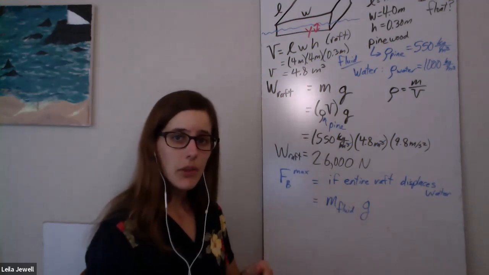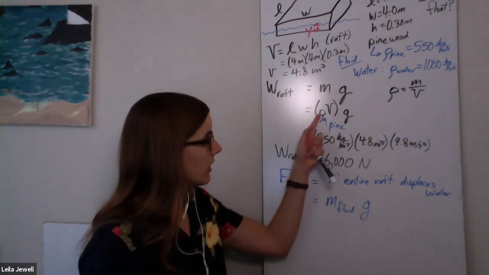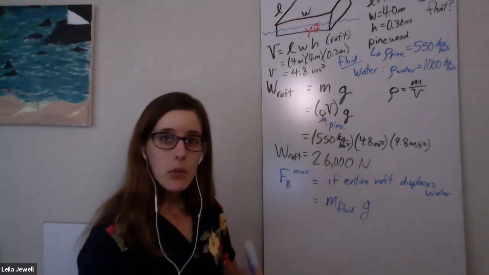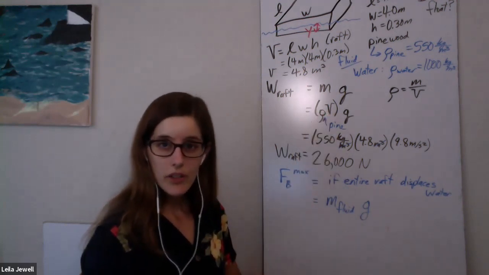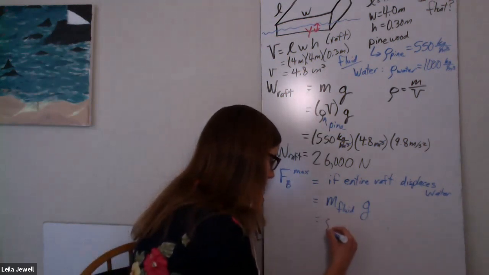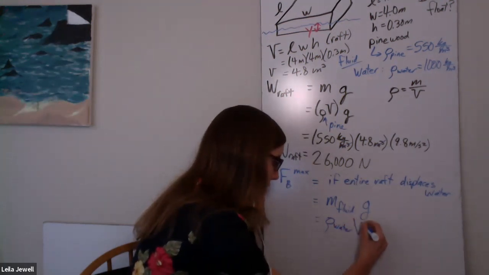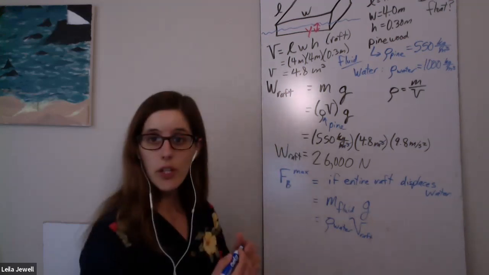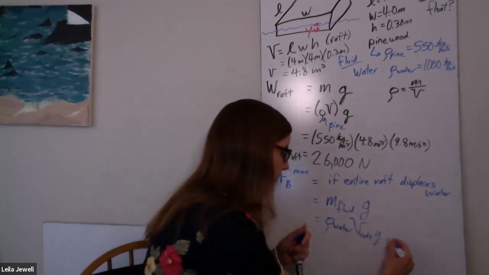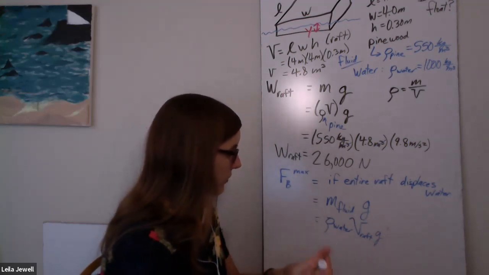So now with this equation, mass of the fluid, when we plug in our density times our volume, we're going to be using the water quantities. So the density of water times the total volume of the raft is going to give us the maximum displaced water times g. So if we plug these in,